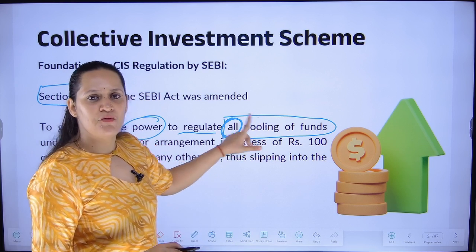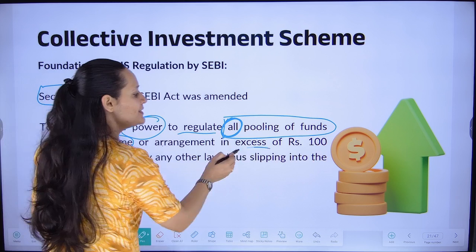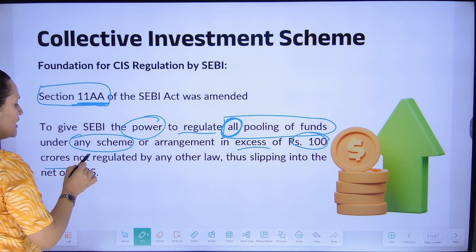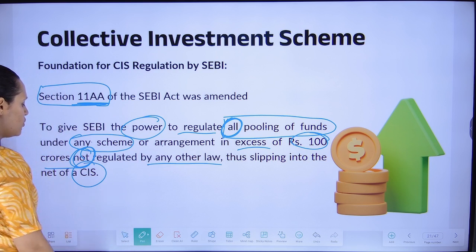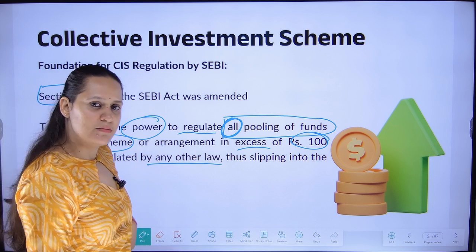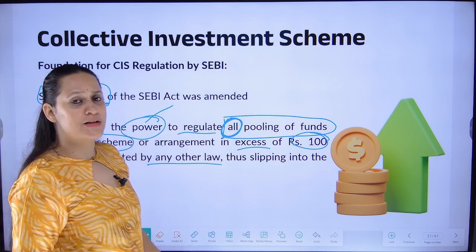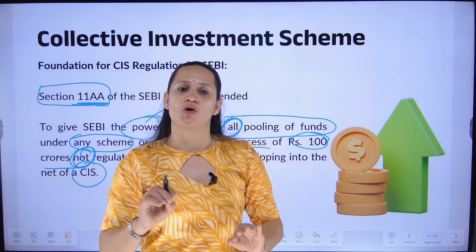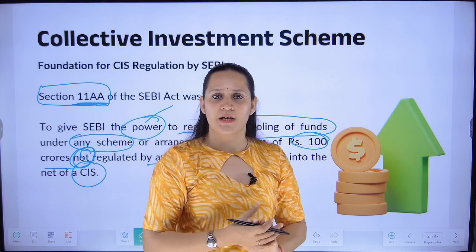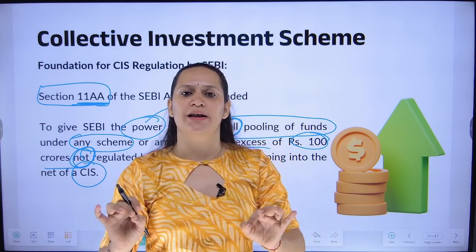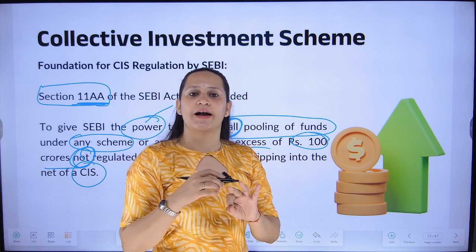If you are pooling money from the public at large in the name of any scheme or arrangement in excess of 100 crore rupees, which is not regulated by any other law, thus slipping into the ambit of collective investment scheme, it is going to be called as CIS, and the power has been given to the Securities Exchange Board of India, that now you are not only concerned with the money that you're going to raise by listed companies, but any person who is going to raise money from the public at large in the name of any scheme, any arrangement, or any kind of